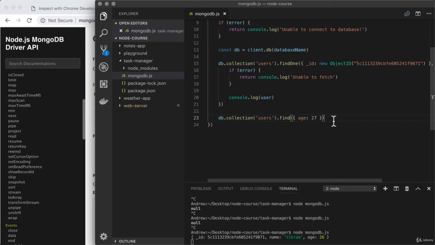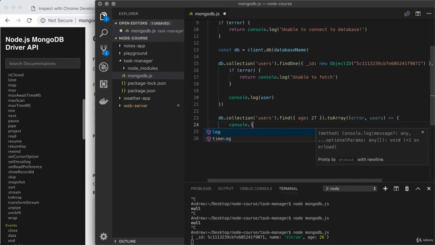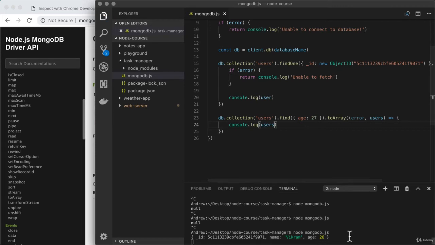It means that find returns a cursor, and the cursor has a toArray method. So right here, I'm going to call toArray. Now, toArray, that is what takes the callback function, where we either get the error or we get our matching documents. In this case, we could call them users. Now let's go ahead and dump those to the console to see what we get. Since the error handling is going to be the same either way, I'm just going to temporarily ignore that. I'll use console.log to just dump users to the console. We can save MongoDB and test things out.